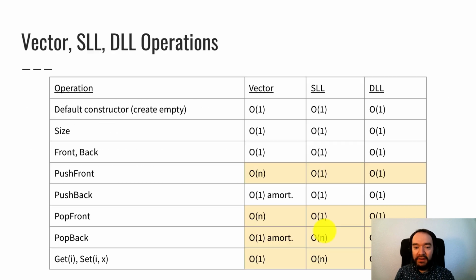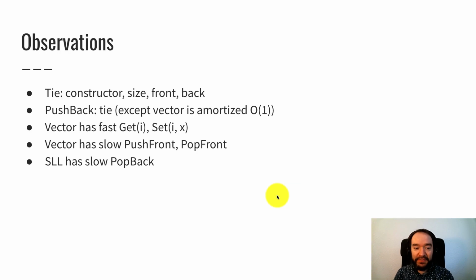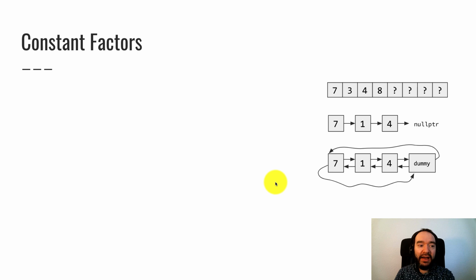So if we compare, for example, push back, all three of them are constant time in terms of big O. They're tied in terms of big O, but we can zoom in and look at smaller differences than big O of 1 versus big O of n and see the constant factor on these. Big O of 1 means a constant function. It's the same amount of time to add to the back regardless of how big the data structure is, but maybe vector is a lesser amount of time, or maybe it's a greater amount of time than the others. So constant factors are kind of a tiebreaker